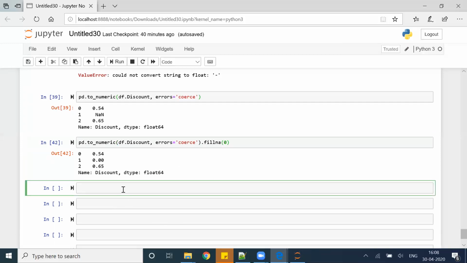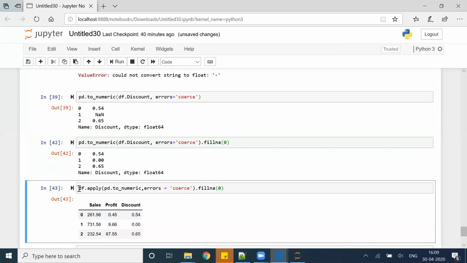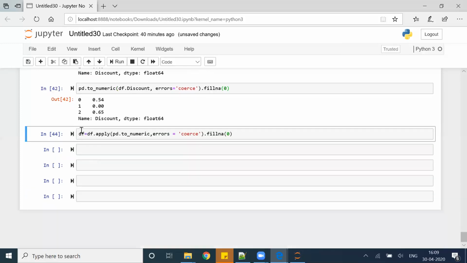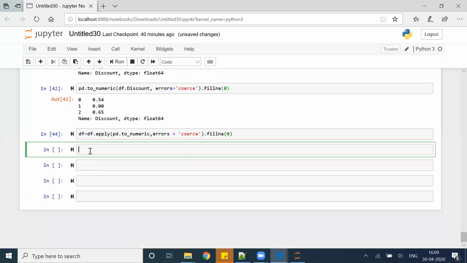So let's say I have a data frame, so df.apply is the command which I will go for, pd.to_numeric, comma, errors equal to coerce again, dot fillna 0. If I execute this and then overwrite with my new data frame, basically in the same name, and if I check df,